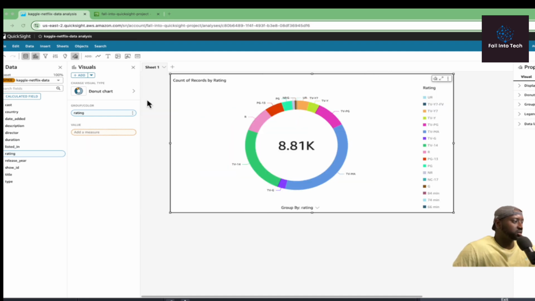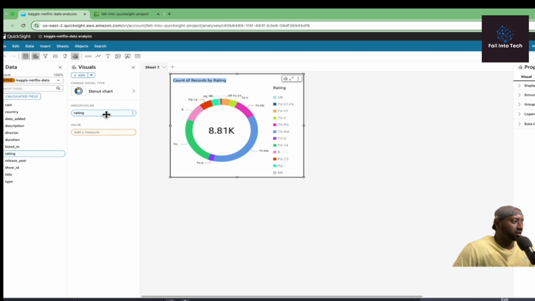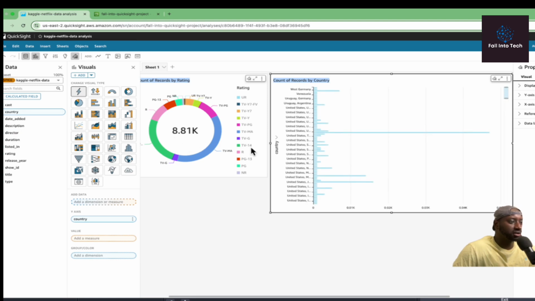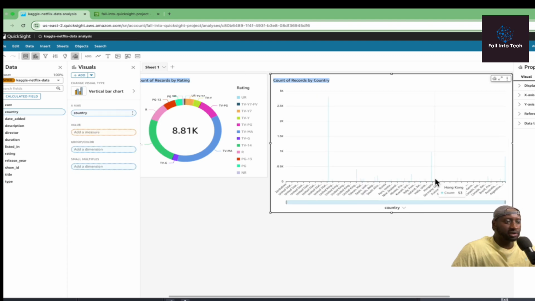All right, as we have this one here, the rating, and we're using the donut chart, we can go ahead and add another visual. To do that, you click on add, and now we can choose something else. Let's say country. If we want to know the country and use a different chart, for example this one, the vertical bar, we can click here and have the vertical bar right here,